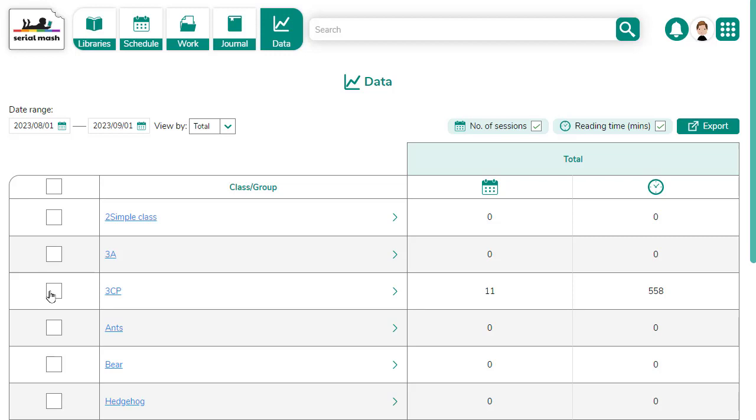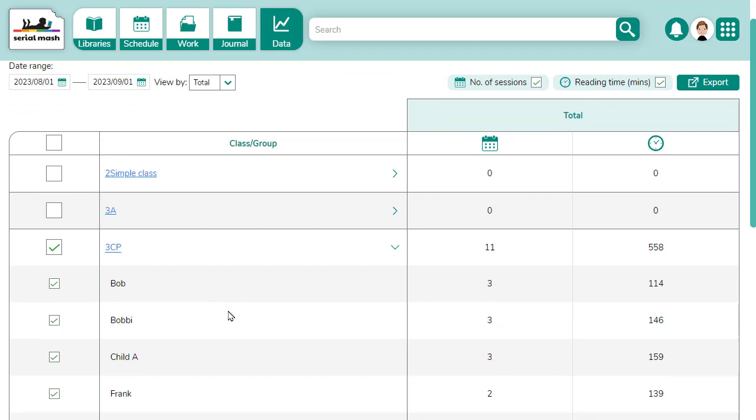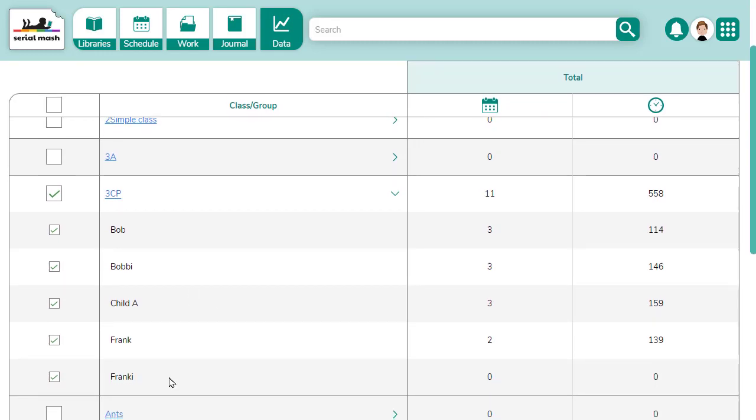In this demonstration, class 3CP entered the competition. So I'm going to select them. I need to submit the total minutes, which is 558, and the number of children, which in this example is